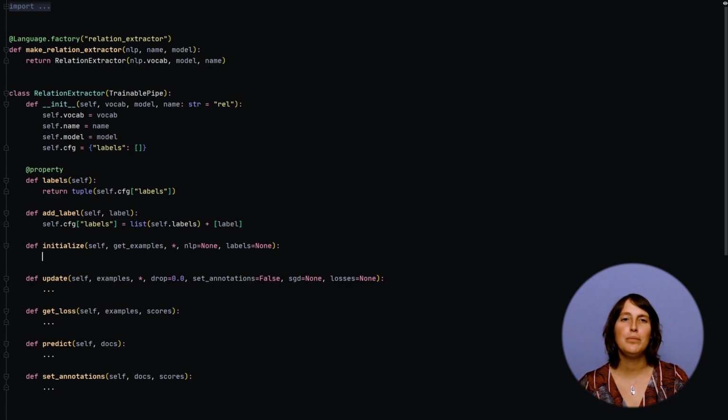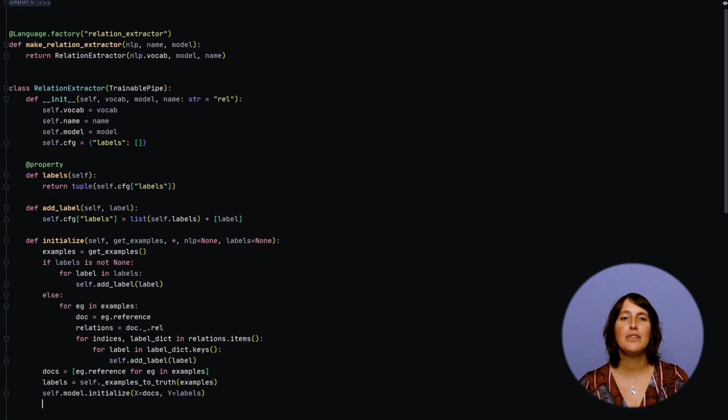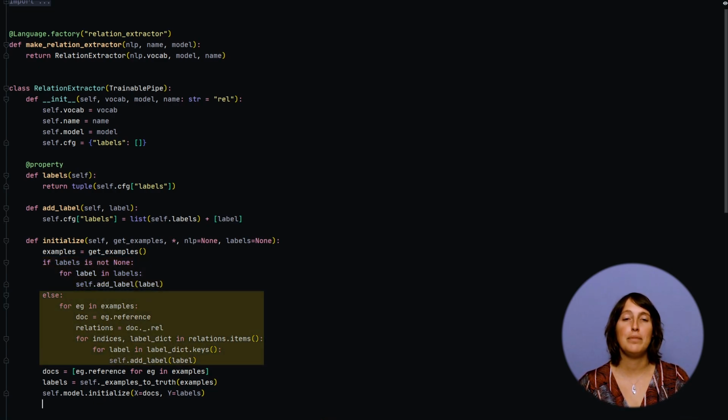After creating the pipeline component, we need to initialize it. The relevant code is shown here. First, we make sure that the labels are properly defined. There are two ways to do this. You can either provide the list of labels explicitly in the variable labels. This can be done by defining them specifically in the initialize section of the config. The other option is more of an implicit one.